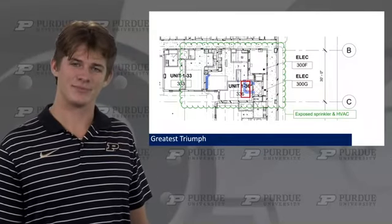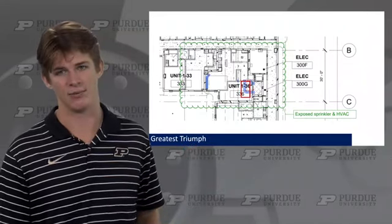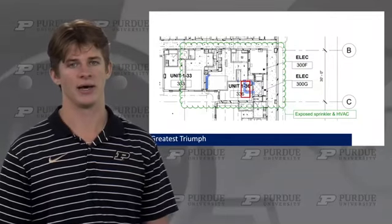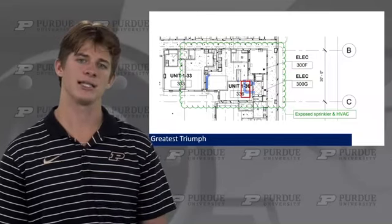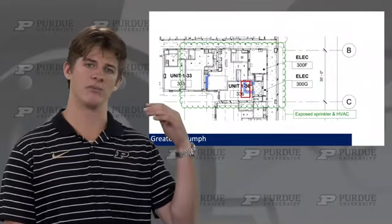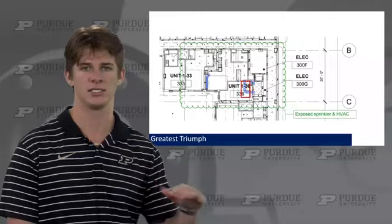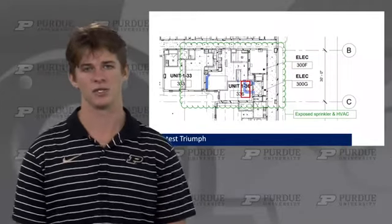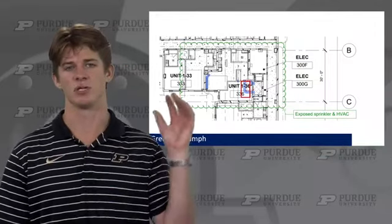But you can see where there's no texture on the drawing, that's exposed ceiling, and we have this overlaid HVAC and sprinkler line running through it. So I marked up a bunch of drawings and units, sent them to the architect, and they'd return to me with updated RCP where they'd usually put soffit, which is basically an extension of the ceiling to conceal these MEPs, and then I'd send that to the subcontractors, especially the fire sprinkler subcontractors, because they needed to update the amount of sprinkler heads based